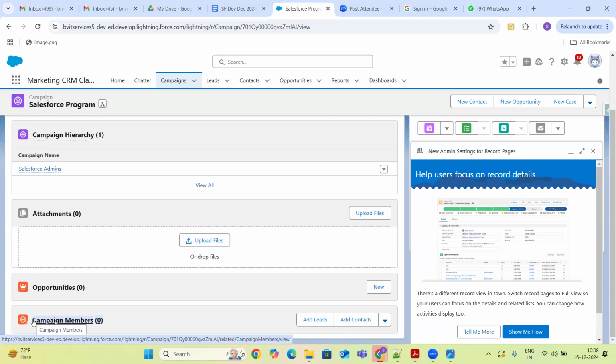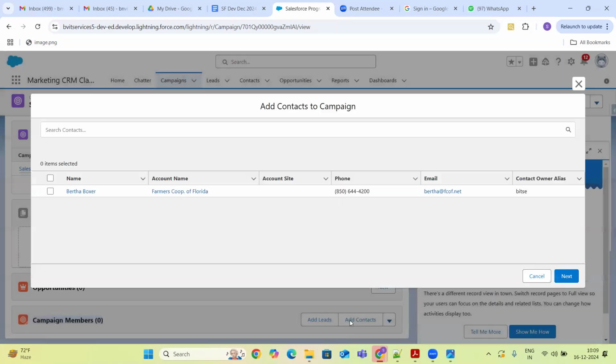Whenever we are planning a campaign, if we have done campaigns previously and some customers or partners are already there for us, then for any new product campaigns, we will automatically include those customers also. That is nothing but adding contacts.